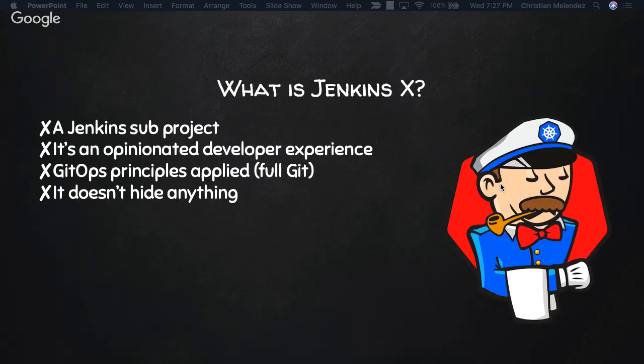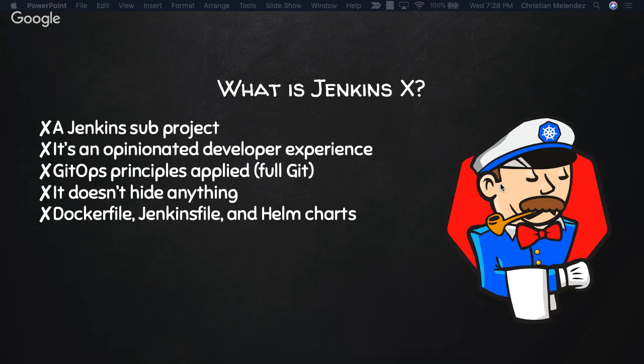It doesn't hide anything, although for a developer it will be in a way transparent what he or she is doing. You will still be able to see all the artifacts that it is creating. You can customize that part and things like that. What I'm saying is that you will find here the Docker file. It will create a Jenkins file and maybe some Helm charts if you are using other things. But again, this is not something new. It is still using a Docker file, and it is still using a Jenkins file. It is still applying the principles of pipeline as code.